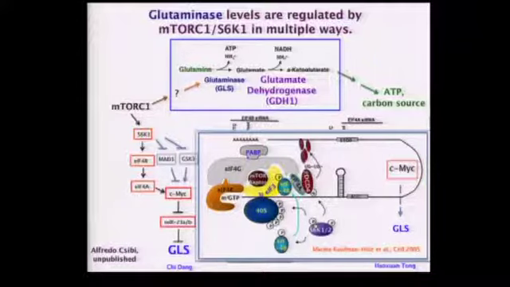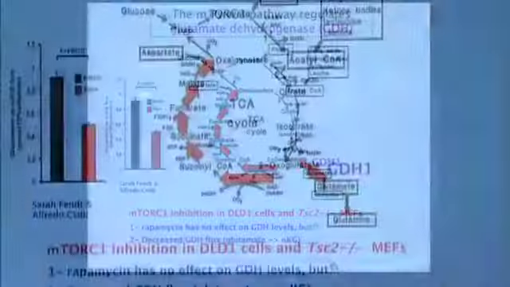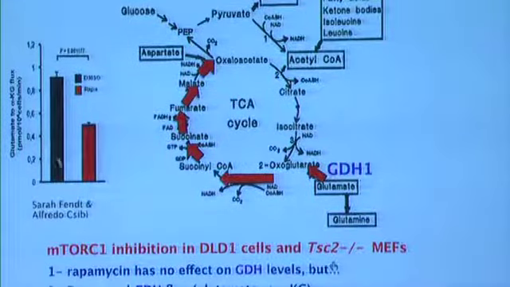Now again, this whole idea of metabolism: if a cell wants something done, it targets it at multiple steps. So we've figured out a way in which TORC1 can regulate glutaminase levels. What about glutamate dehydrogenase levels? Does TOR regulate GDH? The first experiment we did was to look at flux between glutamate and alpha-ketoglutarate, again with Sarah Fent. I'm just going to remind you that we have no effects on GDH levels, as I showed you earlier. But we did see an effect on flux between glutamate and alpha-ketoglutarate when we inhibited TORC1 with rapamycin.